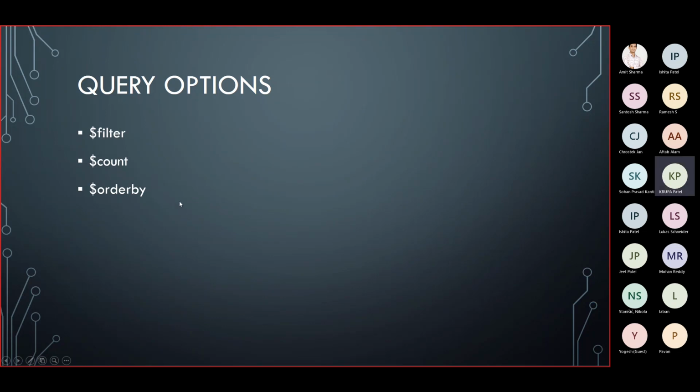Then order by. Here you can take any field that you want to order. You can also pass descending and ascending for the specific field. Then next, skip. It is used to skip the first n elements based upon the value you specify. Then we have top. It is used to get the list of elements from the top based upon the number that you pass in the URL. Then we have expand. Expand allows providing multiple entities and entity sets as a response to a single service call. Then select. It is a subset of properties to include in the response. We'll see this in FNO as well.